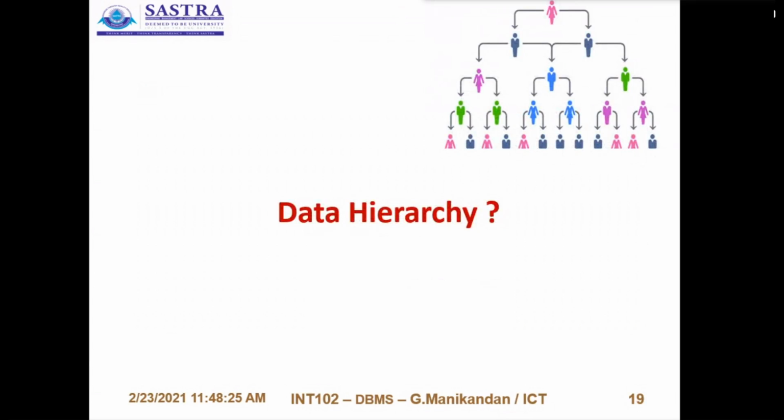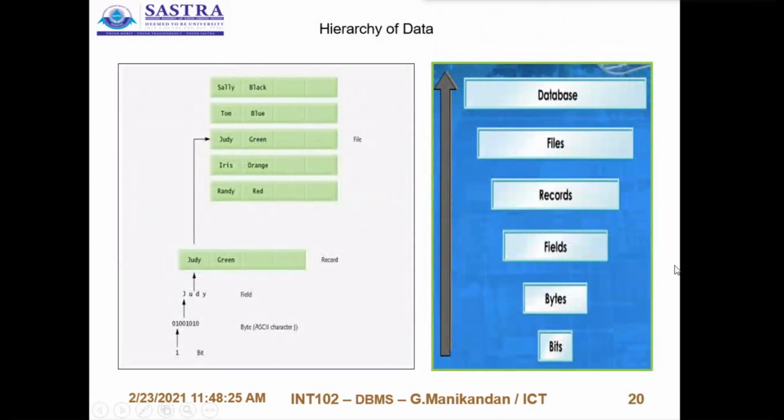In the lowermost level, as mentioned by Arjun, the data will be stored in the form of zeros and ones, so it will be binary data. The next level has bytes, then fields, records. If you visualize the data in the form of files, your data is nothing but a collection of records. A record is nothing but a collection of fields. So next level,